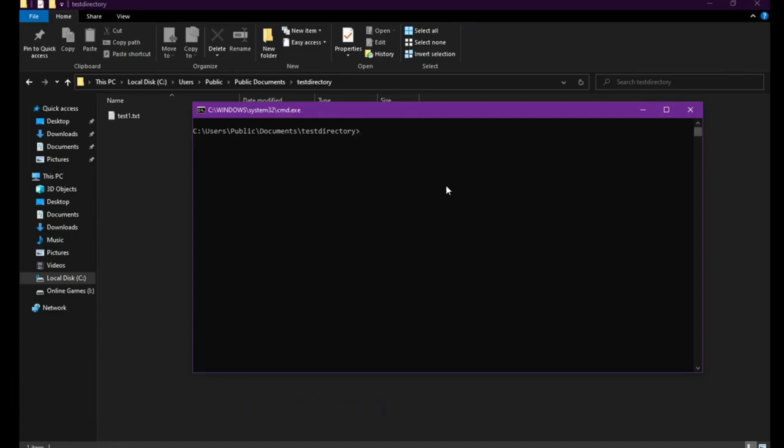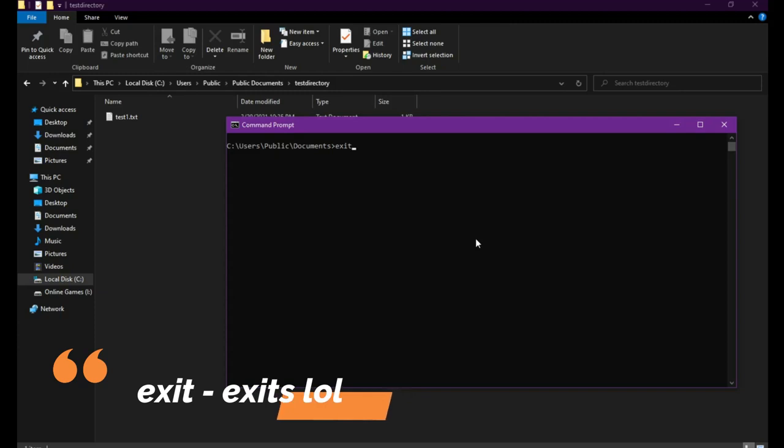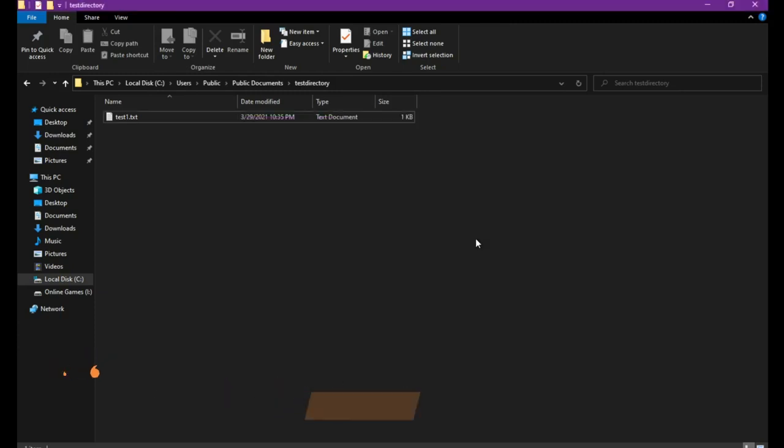Lastly, to exit CMD, you can directly click the red X button on the upper right of the screen or type exit to close the program. And that's all for this video. I hope you have learned how to use the basic commands